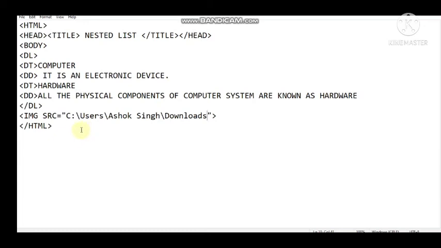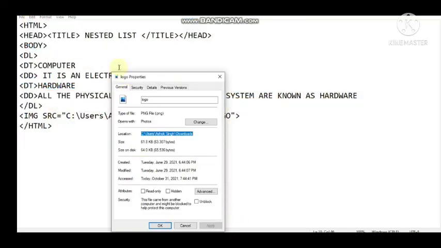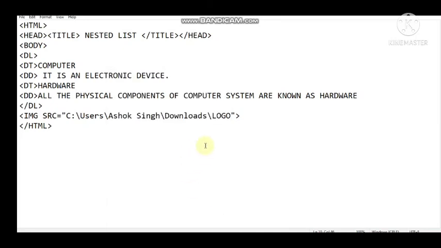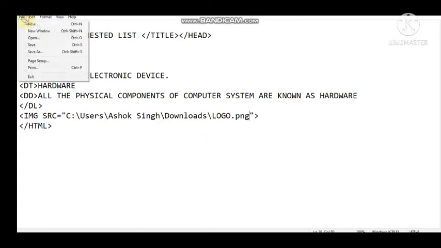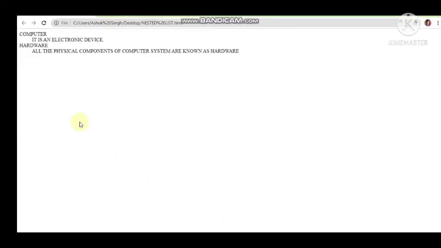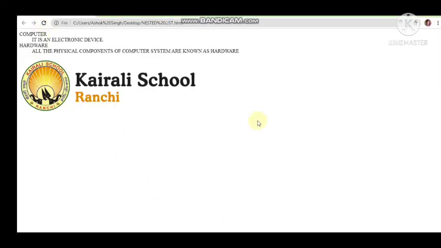This is the path of the file. But what was the name of the file? For writing the name of the file, put a slash and write down the name. Name was logo. How will you come to know? You can open that and see it is logo. Okay, and what is the extension? PNG. So we'll have to write logo.png. We'll write there logo dot in small letters extension PNG, and then file, save, and open the page whether it is getting inserted or not. You can see it has been inserted. Okay, so this way the images can be inserted.